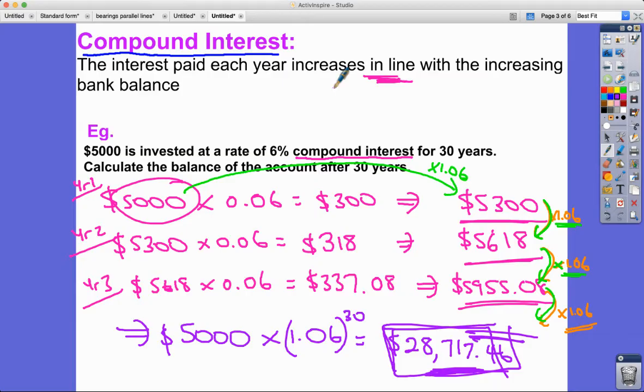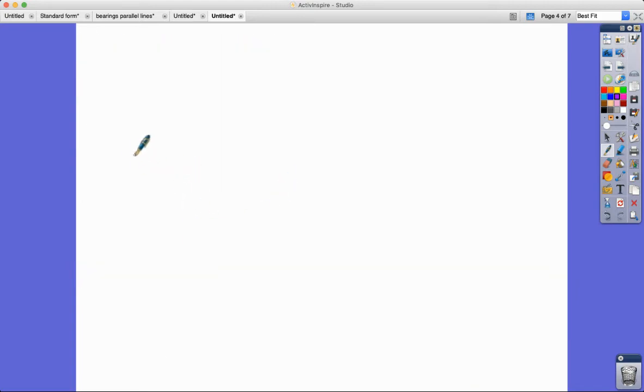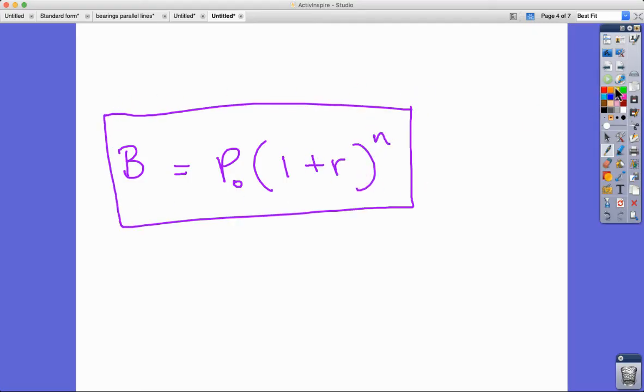I'm going to give you a quick general formula now for compound interest. It's a little bit more difficult to remember, but it's worth the marks, and it's worth just the general knowledge for life as well. So what we need to know is that if we want to know our final balance, balance is going to be the payment, the initial payment, call it P0, 1 plus R to the power N. I'm just going to define these things here.